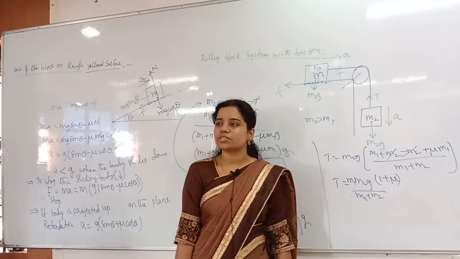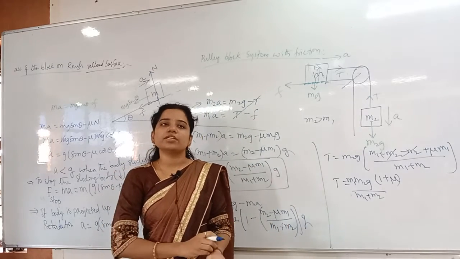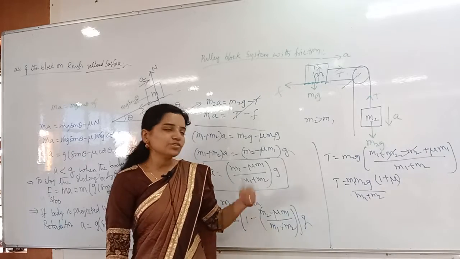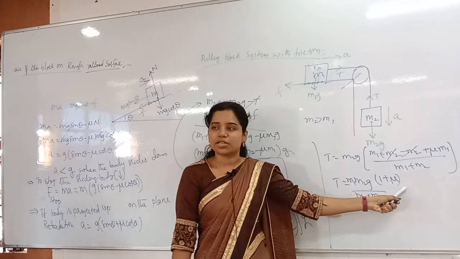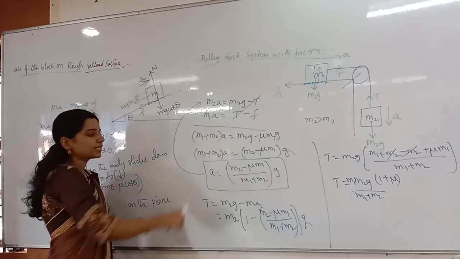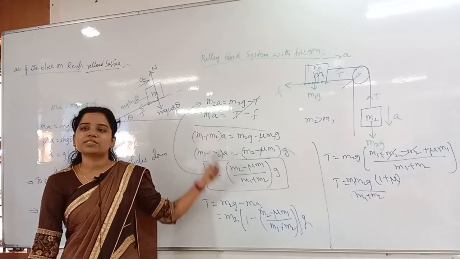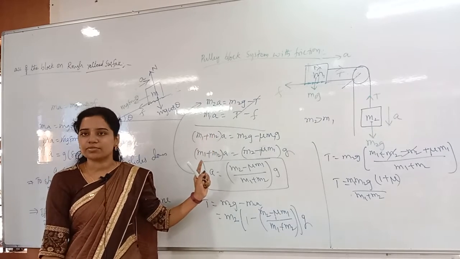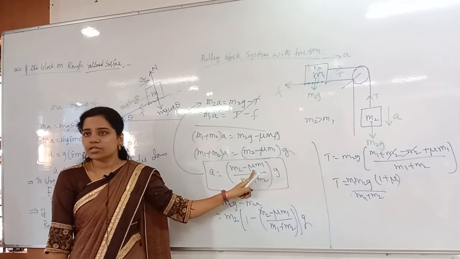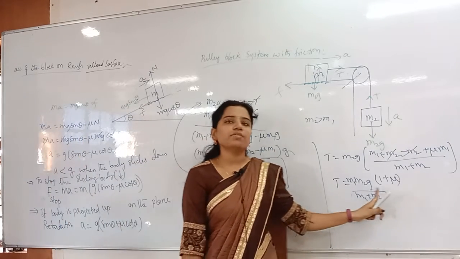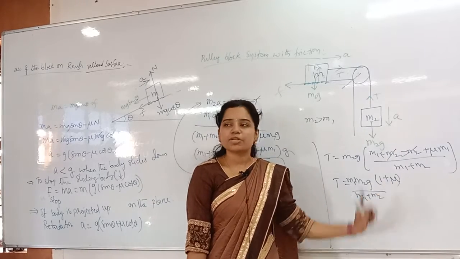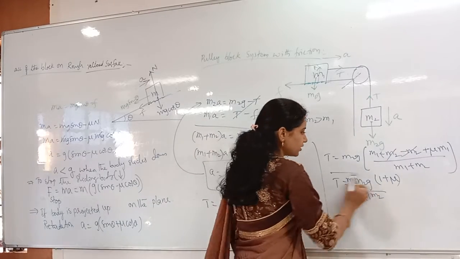What is the tension formula for us? 2m1 m2g by m1 plus m2. Instead of 2, you are getting an extra 1 plus mu here. That's it. Everything is as it is. Here, the acceleration is equal to what we will get? m2 minus m1 by m2 plus m1. For m1 friction is there, so only I am getting extra friction here. Here what is the formula? 2m1 m2g by m1 plus m2. Instead of 2, what are we getting here? 1 plus mu, that's it. So this is the tension.